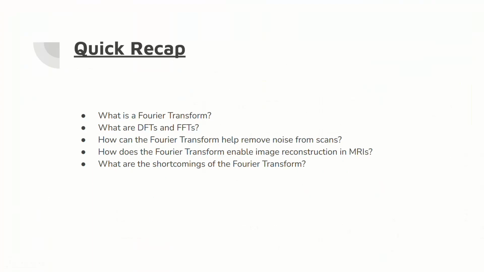So, let's quickly recap everything that we saw in the video. First, we understood what the Fourier transform was and why we could not apply the continuous Fourier transform to the discrete signals. Then we learned the advantage of the discrete Fourier transforms and the fast Fourier transforms. We also saw a couple of simulations where we used the Fourier transform to remove noise from scans. We saw how the Fourier transform in 2 dimensions helped us to reconstruct the image from MRIs and provided us with the useful images. Then we looked at the shortcomings of the Fourier transform, where it could not give us any time domain information or deal with